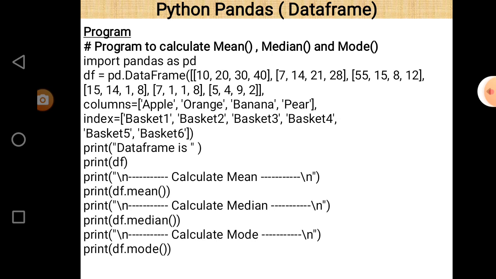So the first line is import pandas as pd. Import is a keyword, as again a keyword. Pandas is the name of the library. pd is the alternative name given to the pandas library. Whenever we want to use pandas as a library, just write pd in place of pandas. After that put the dot operator, and after that the name of the function.